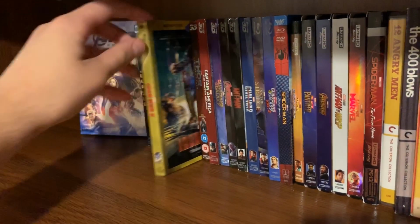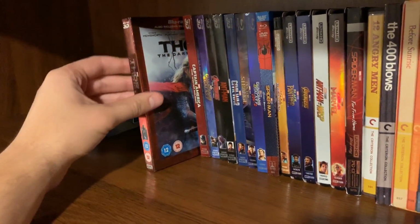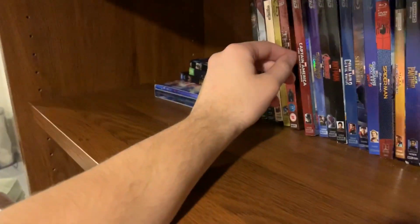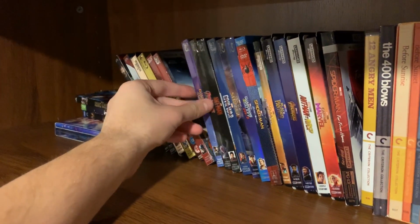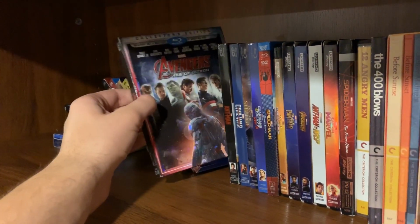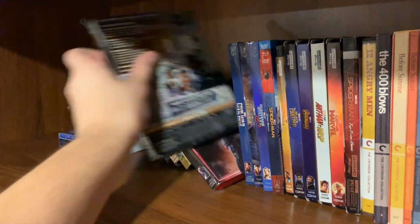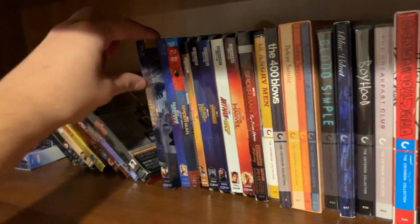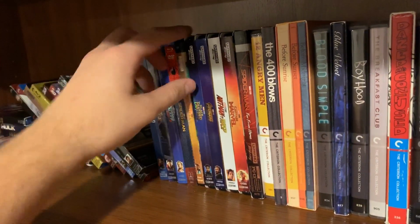Iron Man 3. Thor the Dark World, which is the UK edition because it was really cheap. Don't really like this movie that much, and you know what, we're just gonna leave that. Captain America the Winter Soldier, one of my favorites in the MCU. Guardians of the Galaxy, another favorite. The Avengers Age of Ultron. Ant-Man, this spine's really creased, so again, I have it in backwards. Civil War, Doctor Strange, Guardians of the Galaxy Volume 2, Spider-Man Homecoming,